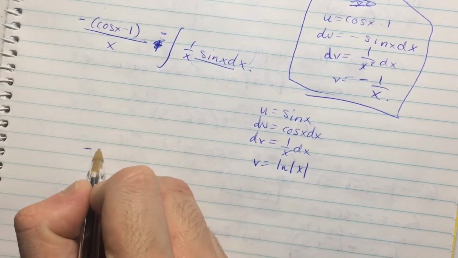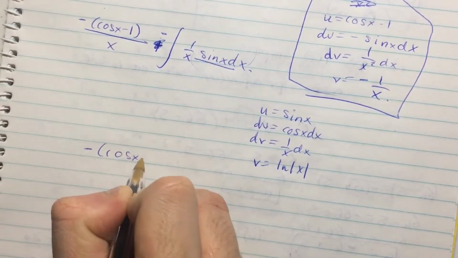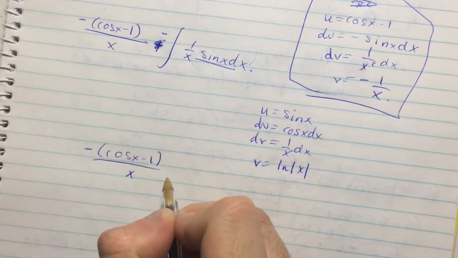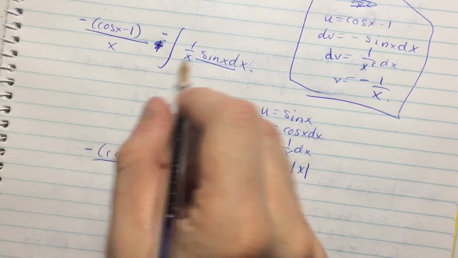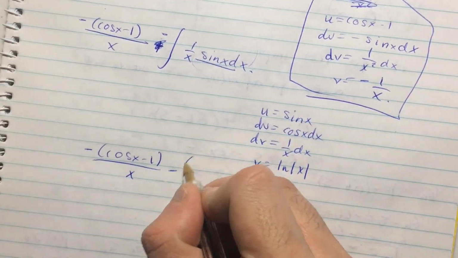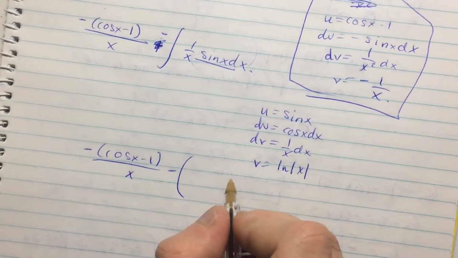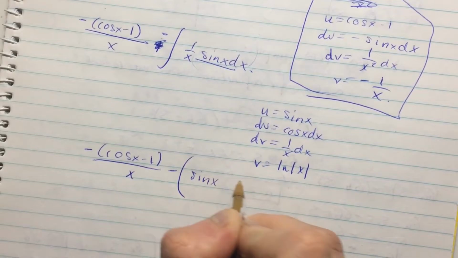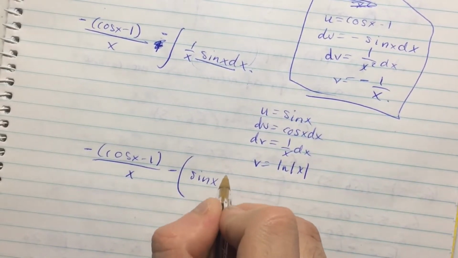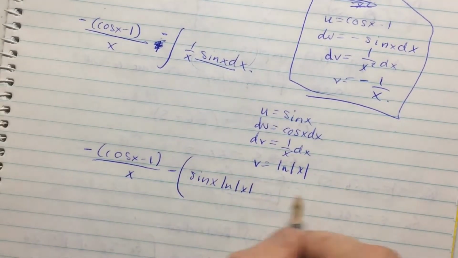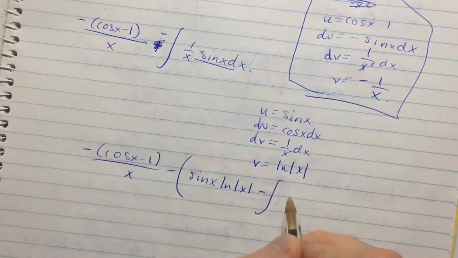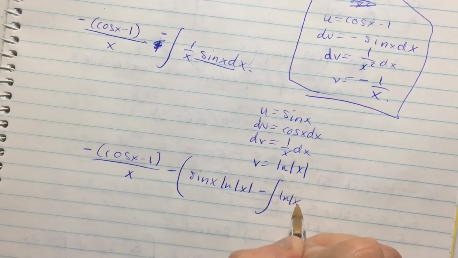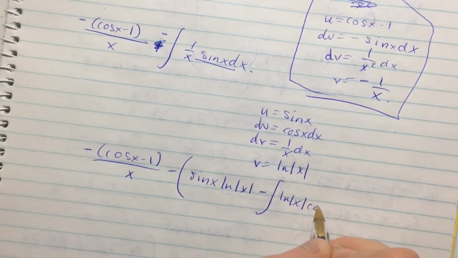Remember, we still have the integral of cosine of x minus 1 over x, and now that's minus this whole integral here, so minus, factored out, uv minus integral v du: sine x ln of the absolute value of x, minus the integral of ln of the absolute value of x times cosine x